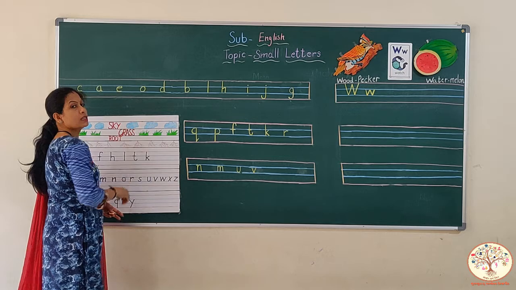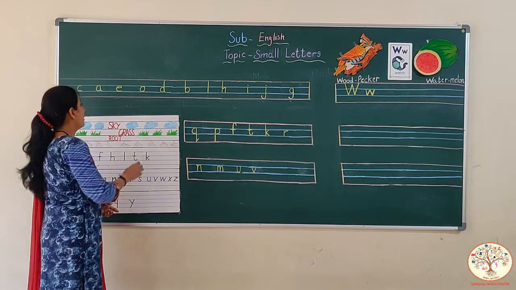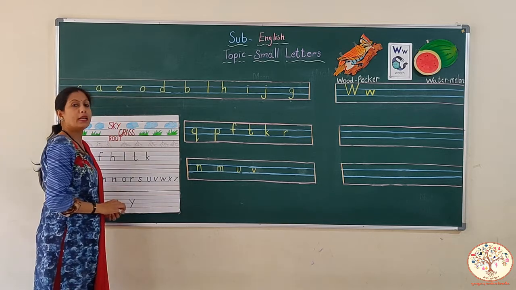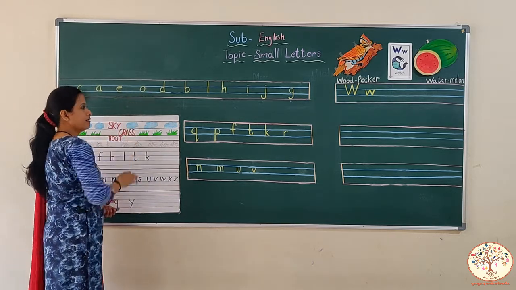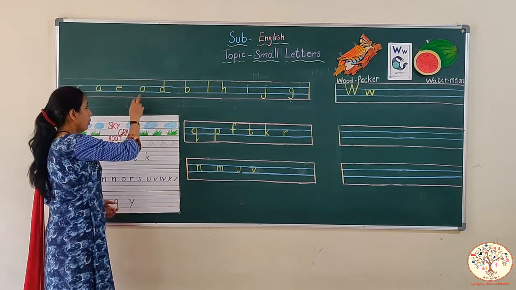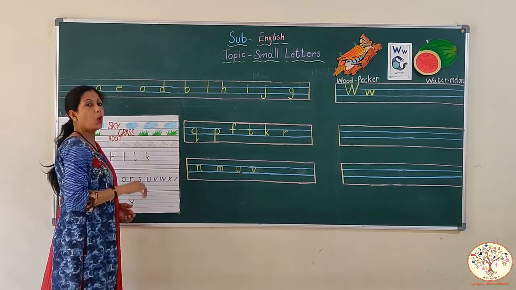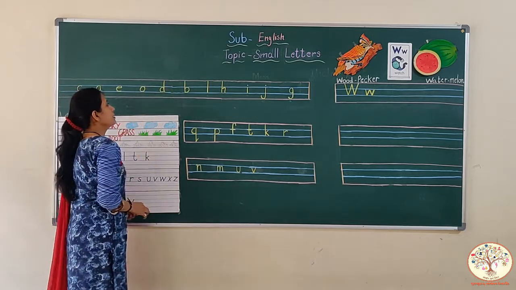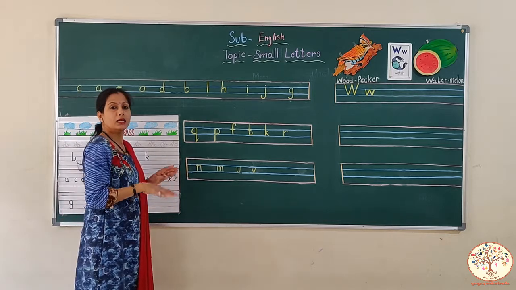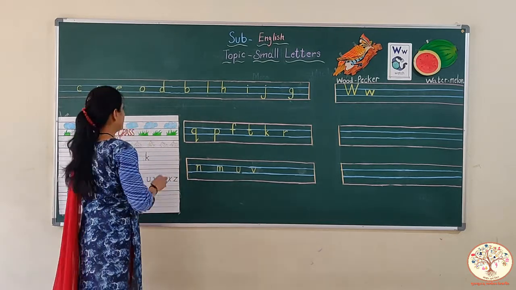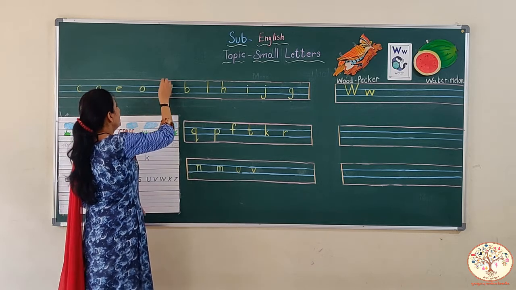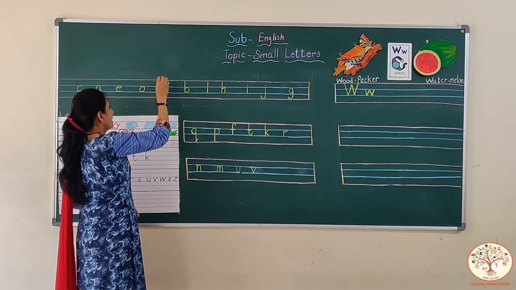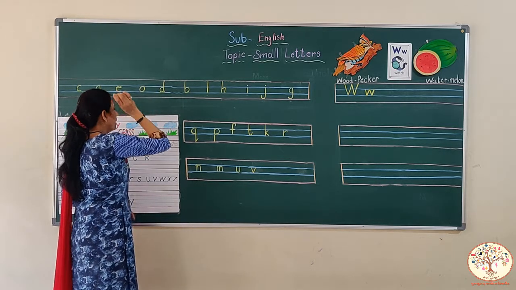And this one is small letter E. First we make C, then a little slipping line, small e. And this one is small letter O. O says O. And this one is D. D says D. First we make C, then a standing line. Okay. This is sky letter. This touches the sky line.